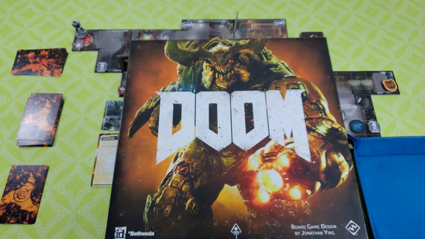It plays, from what I've read, very similar to Descent and Imperial Assault. It is based on Doom, obviously, a pretty good adaptation of the video game to a board game, and it has a dungeon crawl experience. The layout is very similar to Imperial Assault. The gameplay reminds me of my other board game, Hellboy the board game. The map is sort of laid out for you already, but demons spawn randomly,